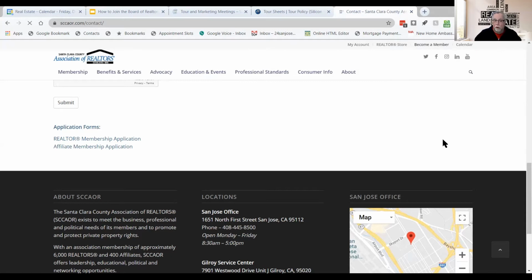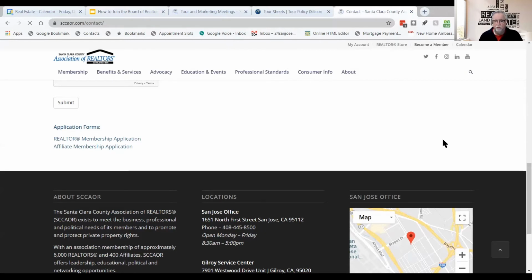Now you have the form. Right. And if this is the only board you're joining, you would click on primary realtor. You're not going to be allowed to do MLS only unless you're like an appraiser or something like that. Secondary realtor means you're a member, you want to join a second board of realtors. You're already a member of one, but you want to be a member of another one. Now, most of this, hopefully I won't need to explain. Right, you put in your name, if you have a nickname, you put in your phone number, your contact information. The name of the designated realtor, we're down here in paragraph 5,